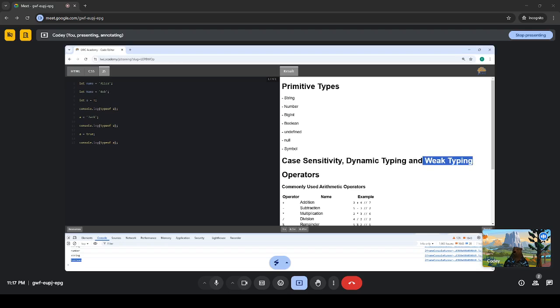JavaScript is a dynamically typed language, and it is also a weakly typed language. It allows implicit type conversions. It is like dynamic typing, but there is a difference. Dynamic typing is for one variable like this, just the variable and its value. According to its value, the type of the variable changes. So this is dynamic